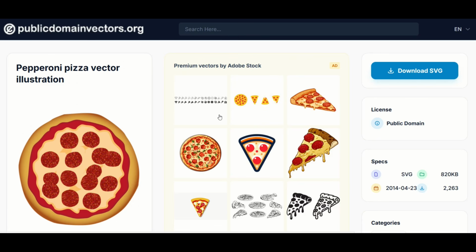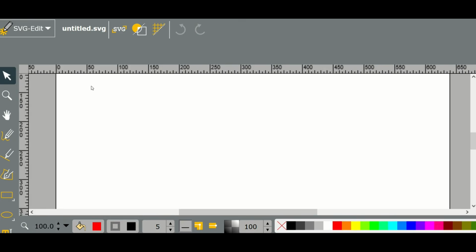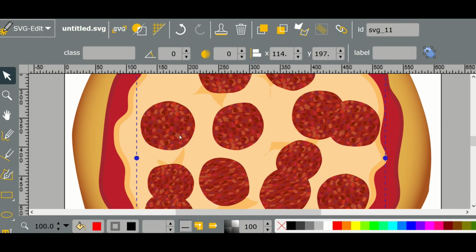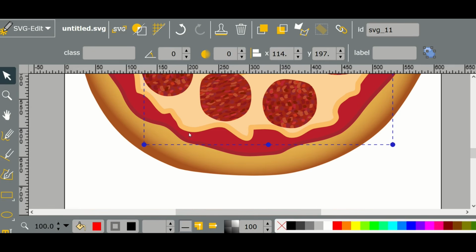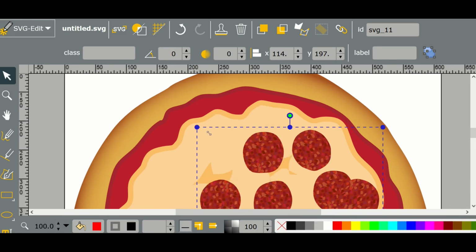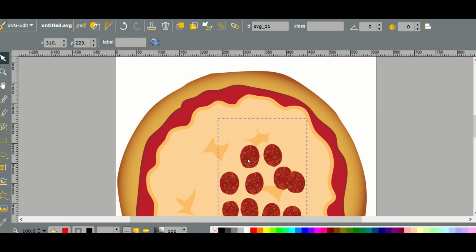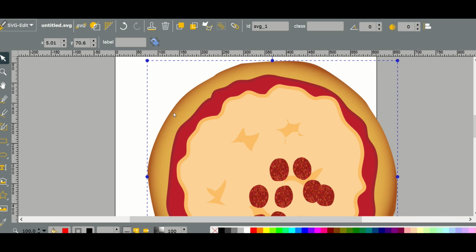Okay, so one thing I don't like is this edit SVG link right here. If I click on it, it's going to open up an SVG editor, and you can click inside and you can move things around. For some of these, it works really well. But if you're using a really large SVG file, this can be really clunky and it can cause your computer to freeze up. Although this one here seems to be moving pretty good and you can actually isolate different pieces and move stuff around, I'd recommend using Inkscape